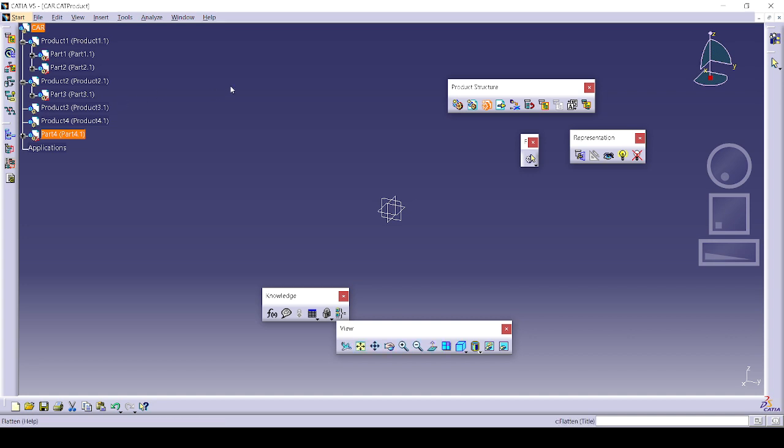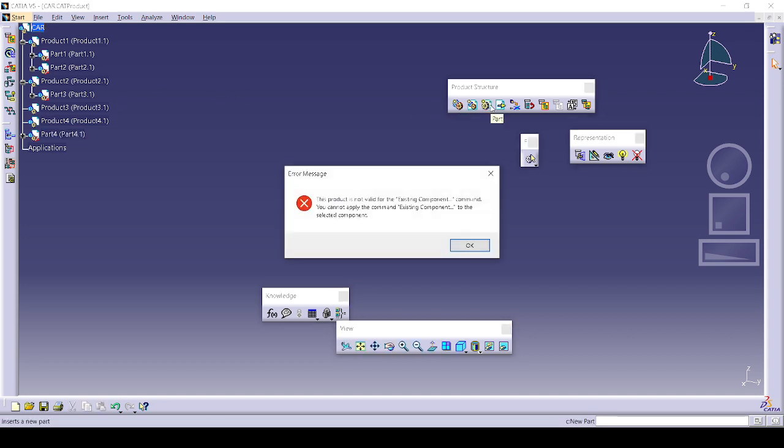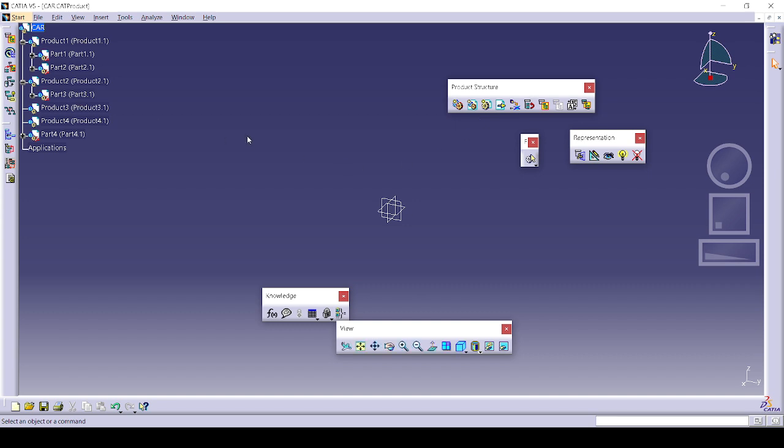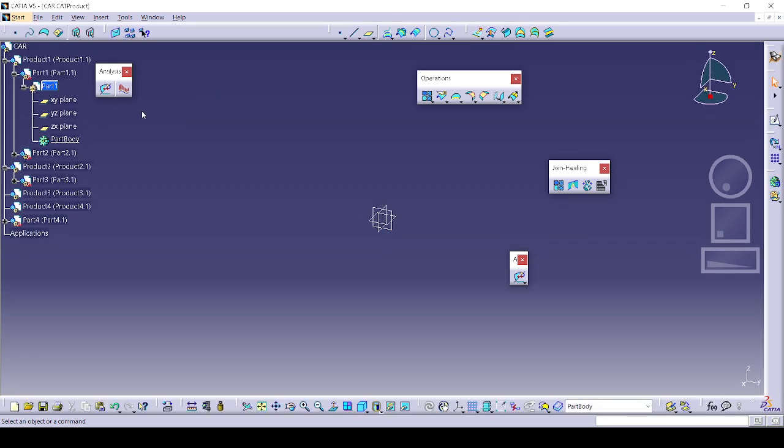Now we'll see something regarding assembly structure. Now we can see you are in the main assembly. How can you identify whether you are in the main assembly or not? You can see a blue color is there, activated. This is the sub assembly. Now the blue color in the sub assembly. How do you know you are in part design or assembly design? You can see here. If I double click here, the part is activated. So the blue color symbol generally represents in which workbench or in which part you are